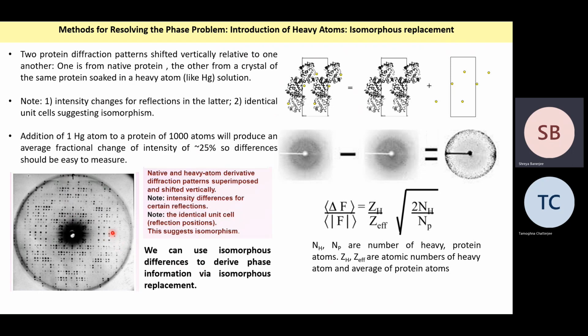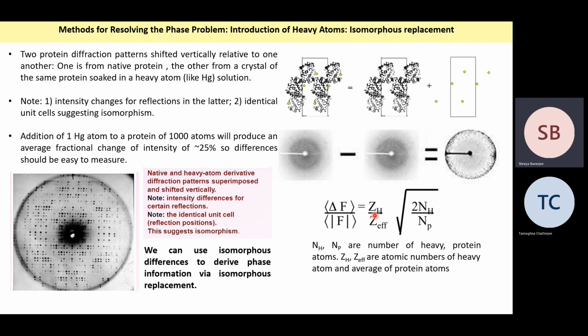So you can use the differences between these diffraction patterns to find information about the phase. This formula tells you how many heavy atoms need to be added to get an intense enough diffraction spot. So NH and NP are the number of heavy atoms and the number of protein atoms. And ZH and Z effective are the atomic numbers of the heavy atom and the effective atomic number of the